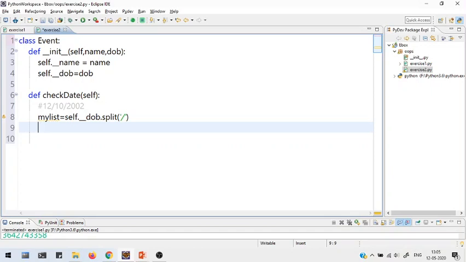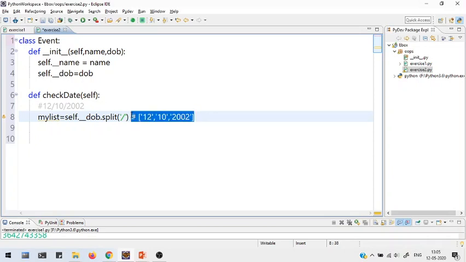So basically your output will be like this, here I'm going to show the values that will be in the list. It will be 12, then 10, then the year. It will split all the values and store them in a list.